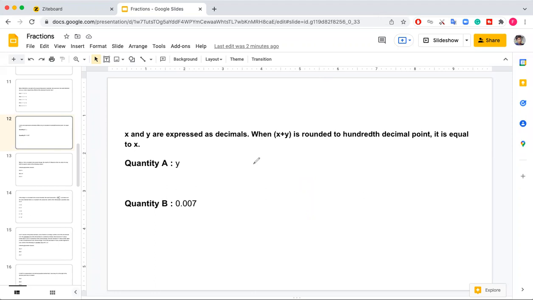I believe if we add, let's say, X and Y and we round up, I just assume some values. Just give them values. What do you consider for X? X could be, let's say, 0.004. And Y is, let's say, 0.002, sorry. Okay, so X plus Y is equal to